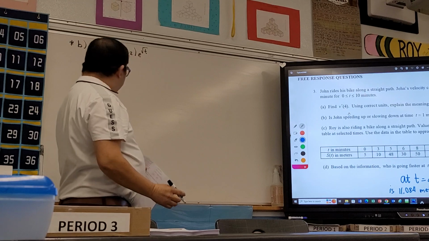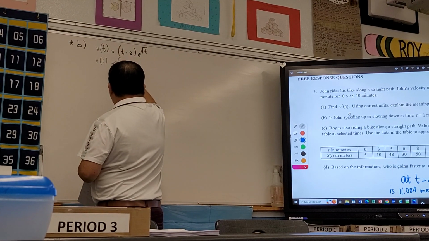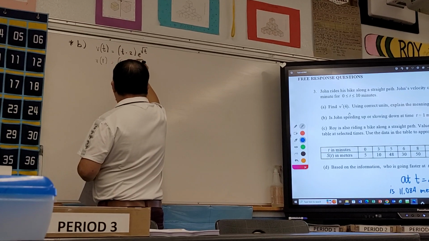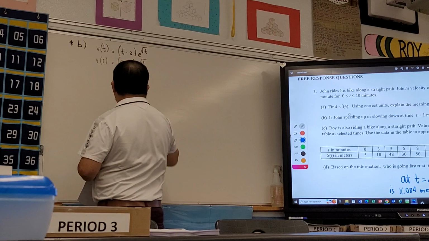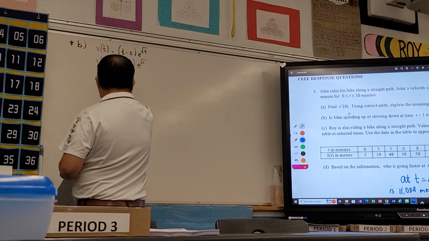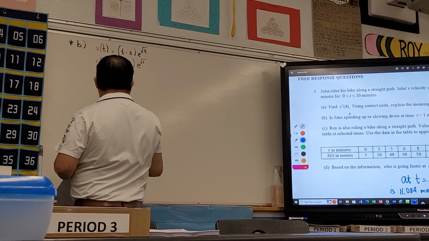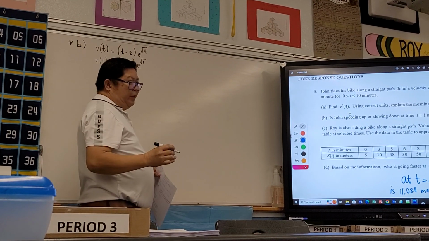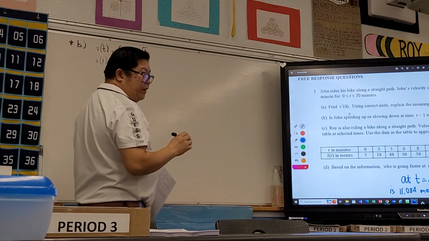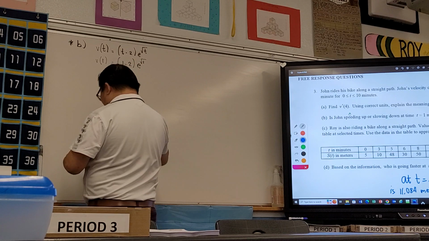Okay? So V(1) implies that this is 1 minus 2 times e to the square root of 1. So negative 1 times e to the, what is the square root of 1? Still 1, right? So power of 1. Therefore, this is,